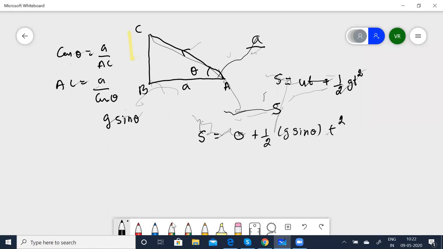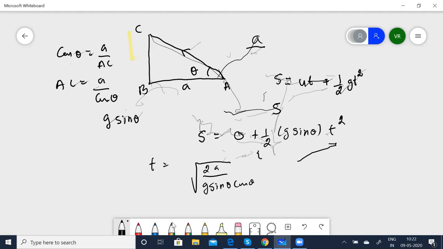Okay. So we want t. Now you know S is going to be a. So t is equal to root over 2a by g into sin theta cos theta. I've just substituted and simplified because we have the time restrictions. I'm not doing it elaborately. You can understand it as well. So it is now going to be root of 2a by g sin theta cos theta.